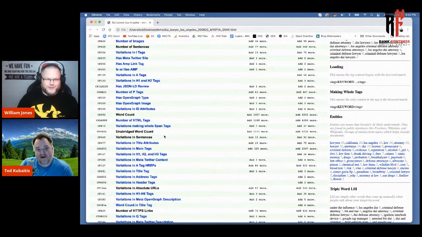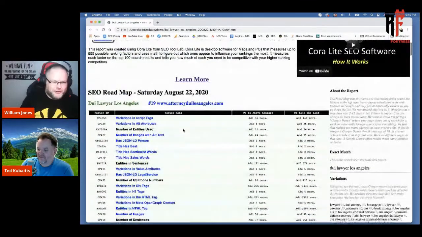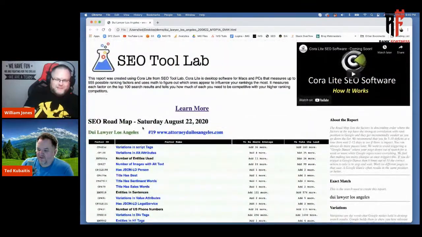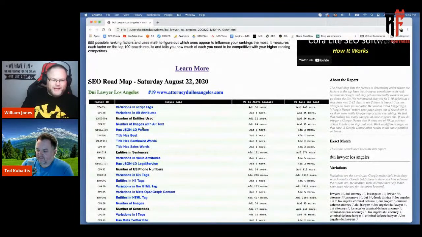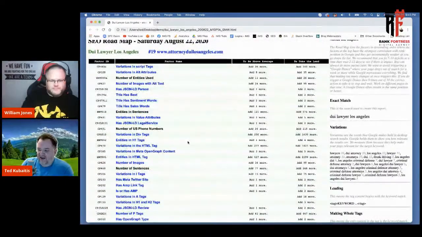Well, you'll trigger a Google dance, and it'll steer your client. Call it the Google dance or the Google yo-yo effect. Everybody always asks, what do I mean by that? It's up and down when you do too much at once. Yeah, exactly. And because of this reporting, we're able to dial in exactly the differences between your web